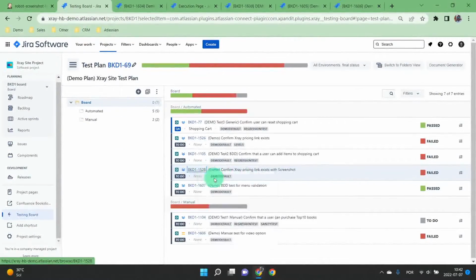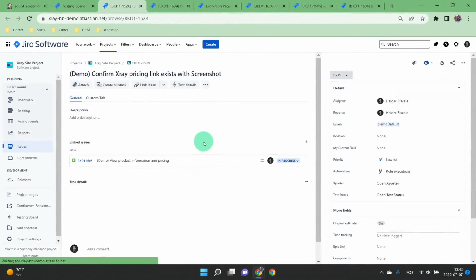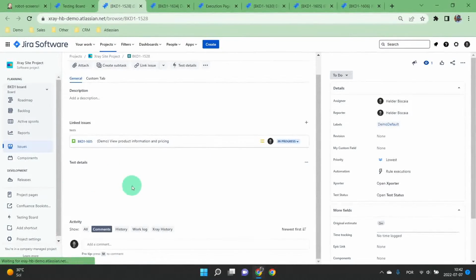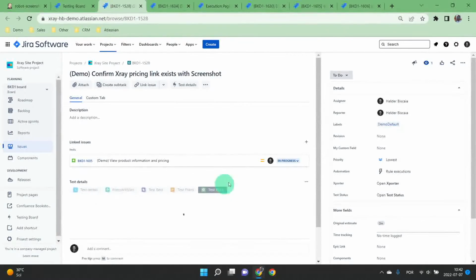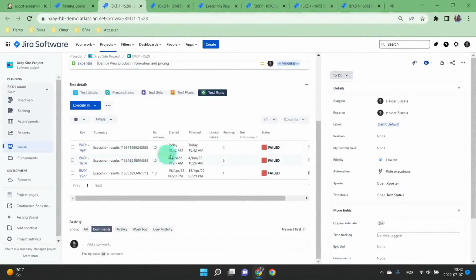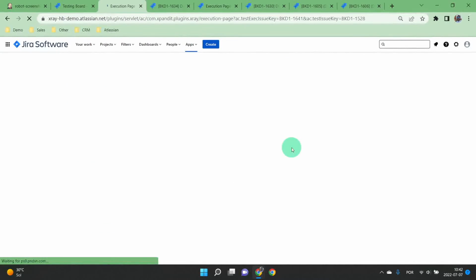If I just open this up in a different tab here, we will see that we should have a new execution, and we've already looked at this test. Remember the test details here where we have a specific definition. If we go into the test runs, we will see a new test here. And if I look at the details,